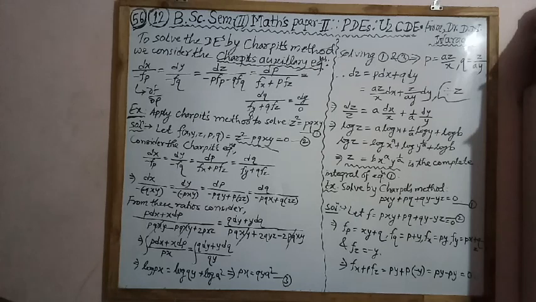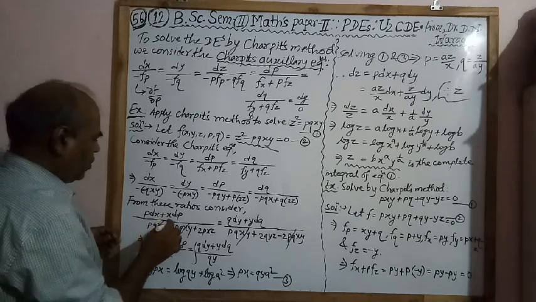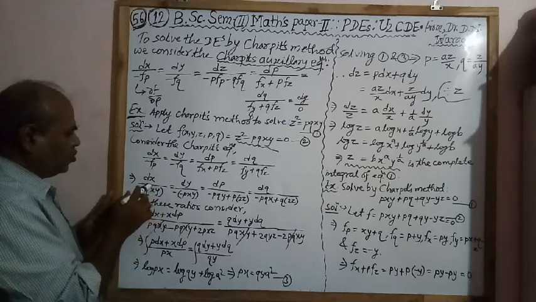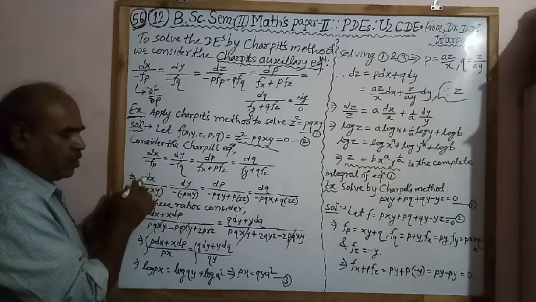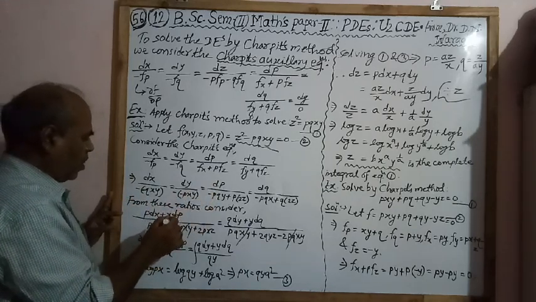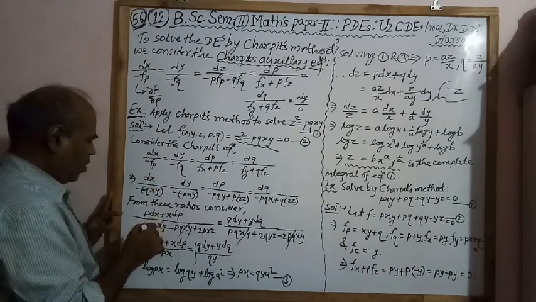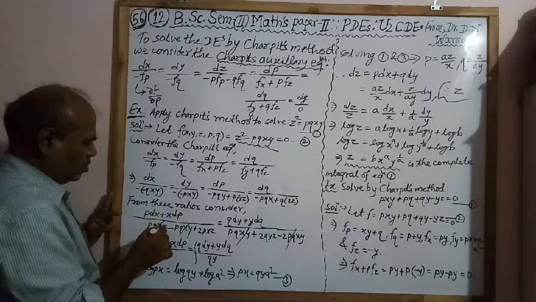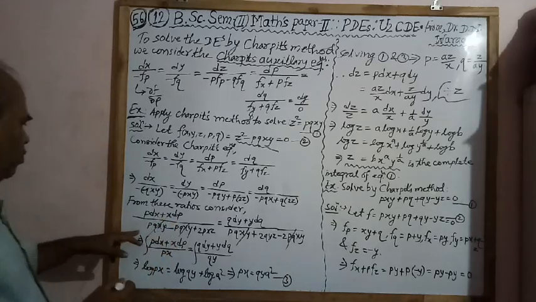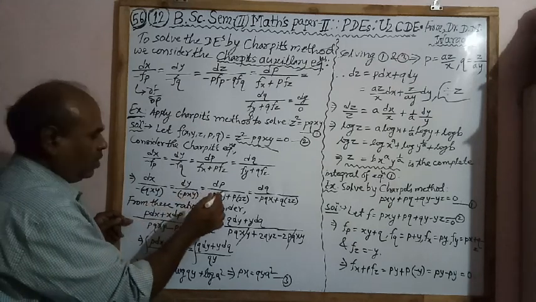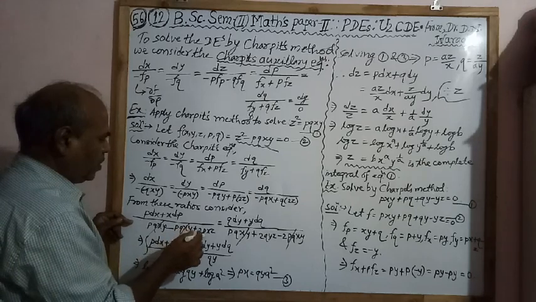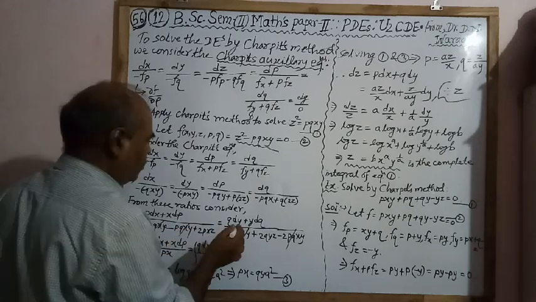Now from this ratio, we consider p dx plus x dp. Multiply the first ratio by p in the numerator and denominator, and multiply the dp ratio by x in the numerator and denominator. Therefore we have here p dx divided by pqxy, plus x dp, multiplying the dp ratio by x, divided by pqxy plus twice pxz.